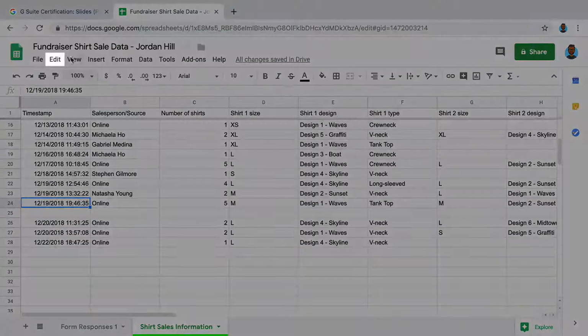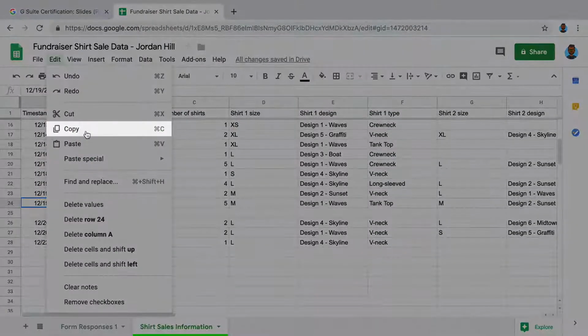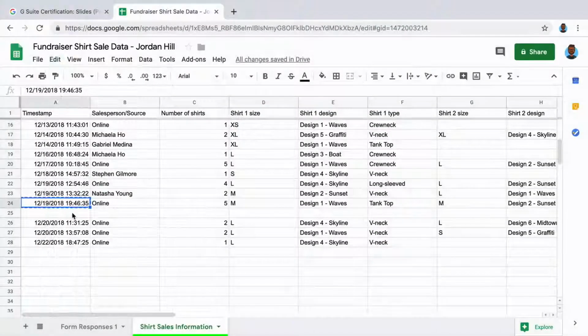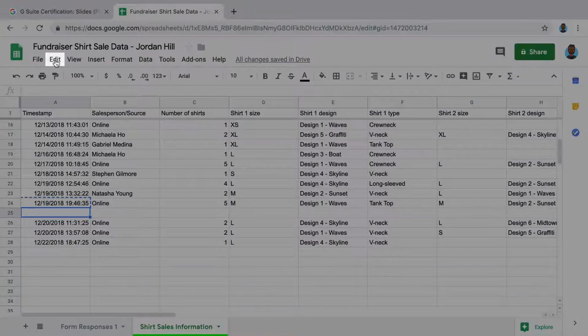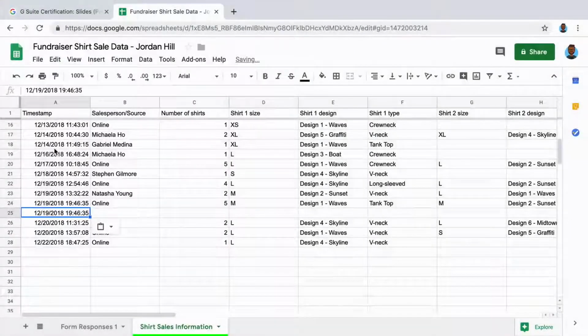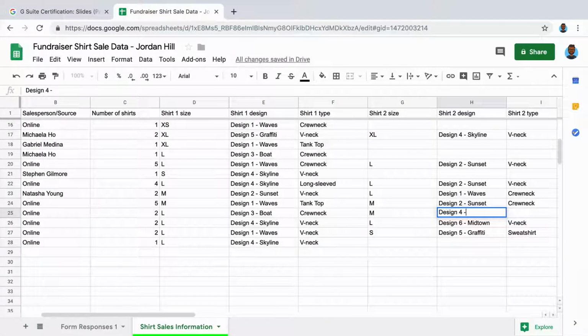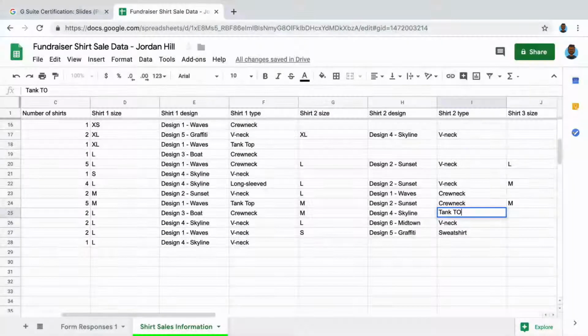Copy data from the first column. And paste it into your new row. Repeat the steps until you have filled out the entire row. The number you choose for the amount of shirts should correspond with the number of columns you complete. For example, if you type 2 in the amount column, you should fill out data for shirts 1 and 2